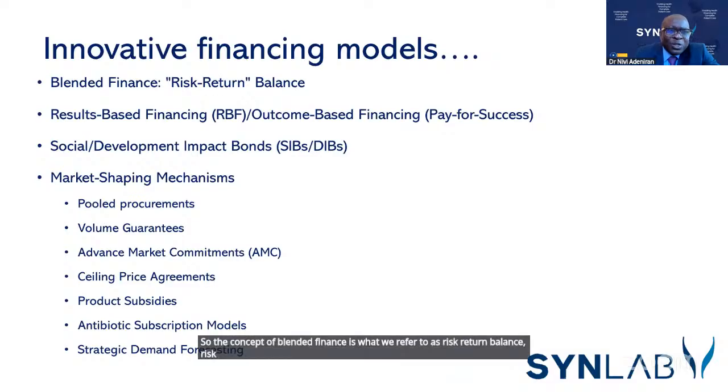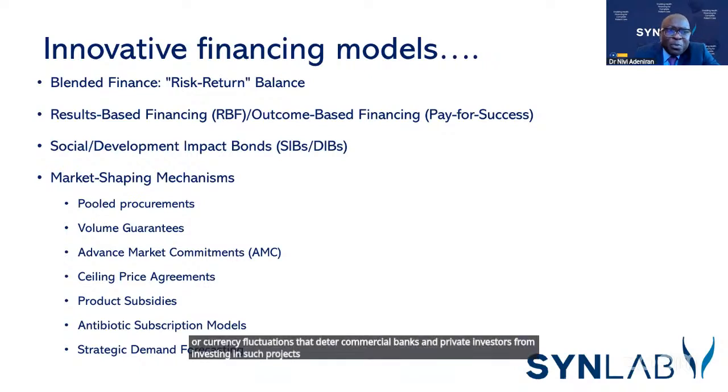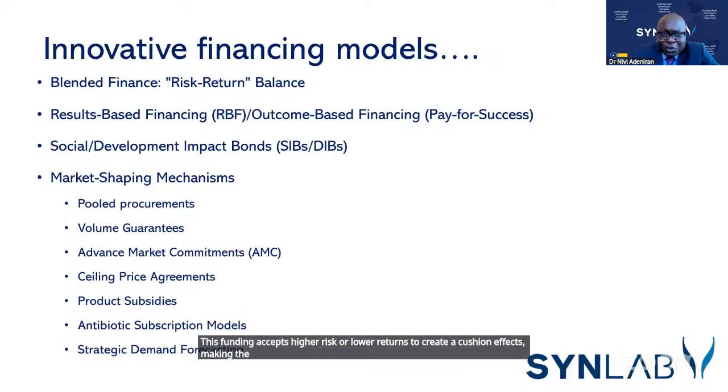The underlying problem is that many critical development projects carry high risk, such as political instability or currency fluctuations, that deter commercial banks and private investors from investing into such projects. So what happens is that public or philanthropic donors provide the catalytic capital. This funding accepts higher risk or lower returns to create a cushion effect, making the overall project attractive enough for private investors to join. An example is the Global Fund blended finance in India and Indonesia that is used to